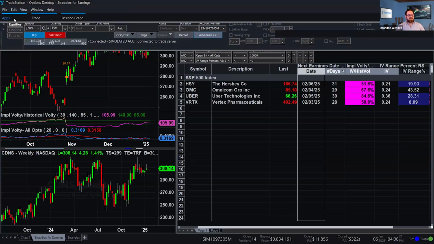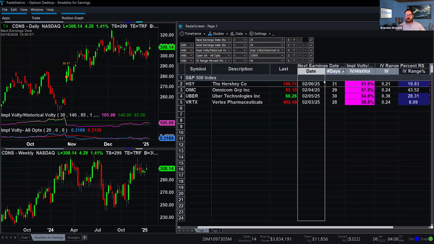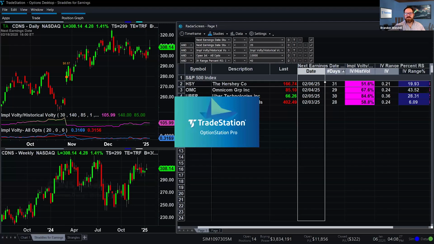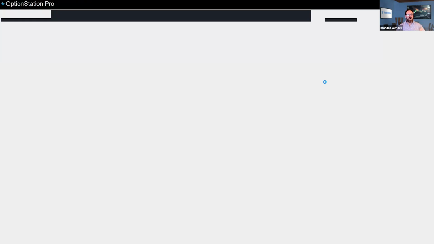And what I actually want to do here is go to the apps. We're going to today bring up Option Station Pro and talk a little bit about some of the trades we've already had open and are still open. Well, we can't do anything about it right this moment because the market's just closed, but we can still monitor and manage them and talk over the why and when it's applicable.